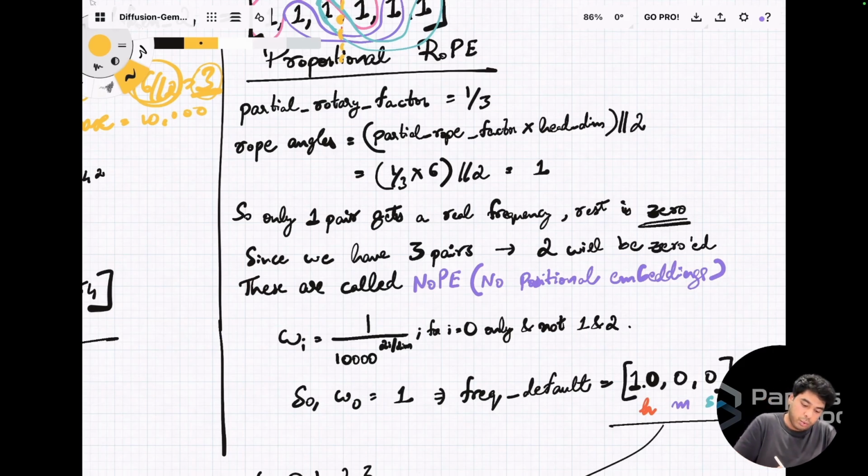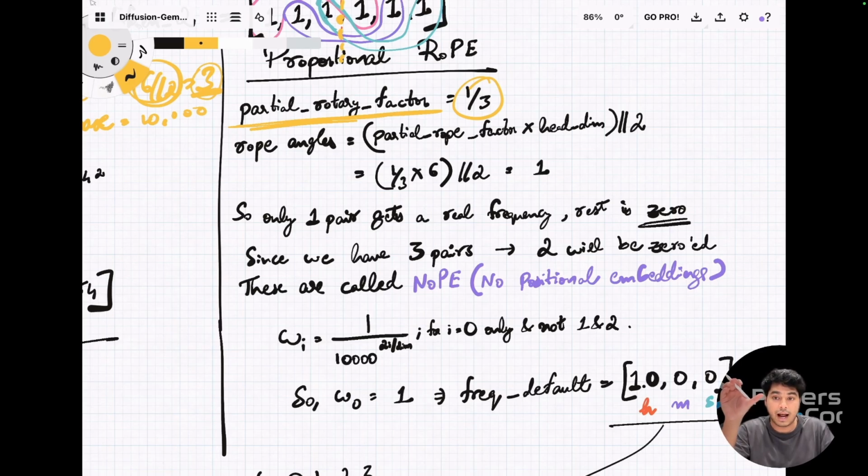So what we do is we define something called a partial rotary factor. And in Diffusion Gemma, it's 1 by 3. Okay. What we do is we calculate how many embeddings we want to apply rope to, and then we apply rope only to those positions. And there are certain positions where we do not apply any positional encoding. So the information that those embedding locations have is purely information of the tokens, and they have no positional encoding